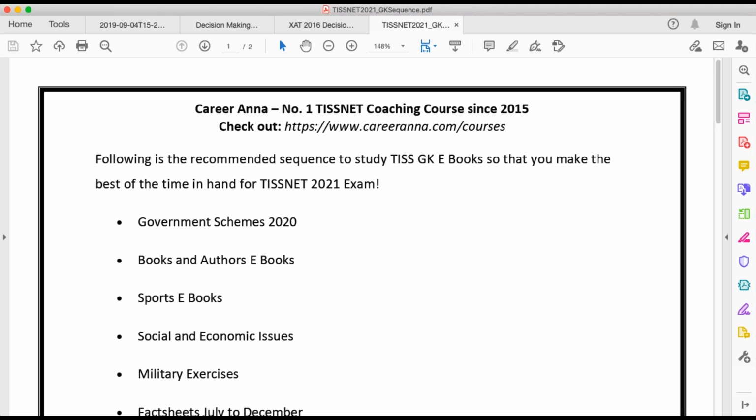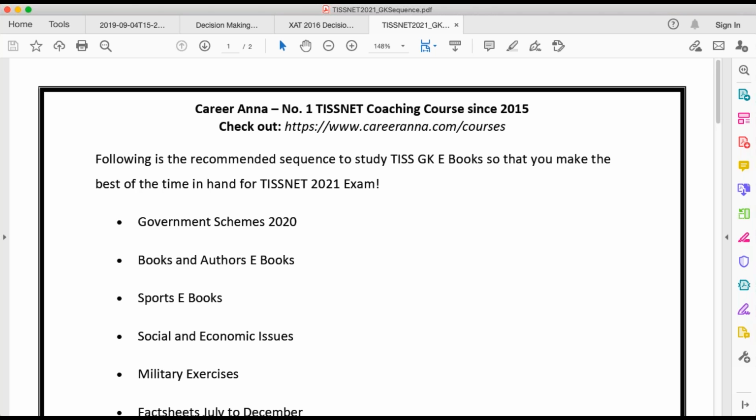Max to max, they may ask you the month, but even the month will usually not be asked. Typically they will not ask you the exact budget which was allocated to a particular scheme, unless it is a very popular scheme. Only for very popular schemes, which you must be hearing in the news or reading in newspapers, you would know which are the most popular schemes of the current government. Apart from those, for the other schemes you don't need to remember their budget. It is just for the popular schemes that you need to remember the budget.